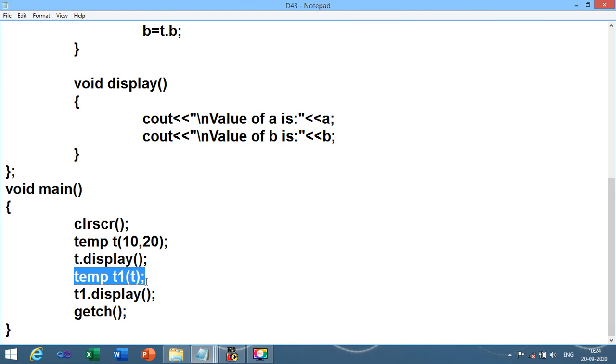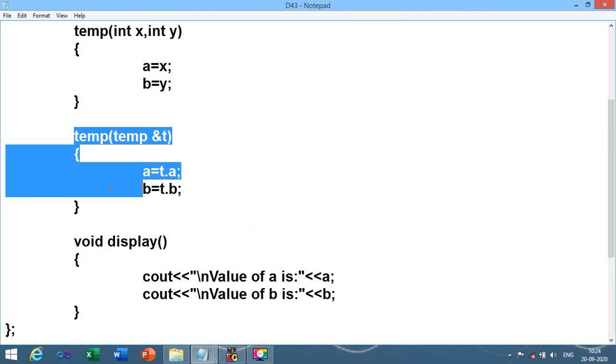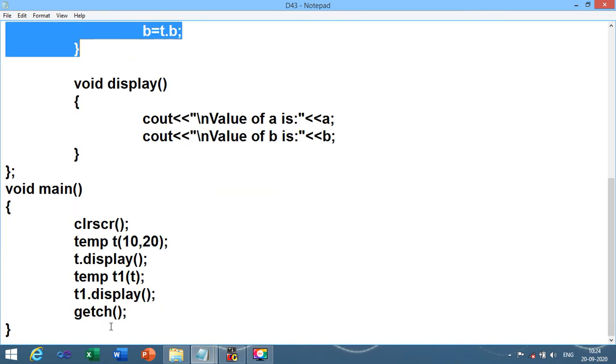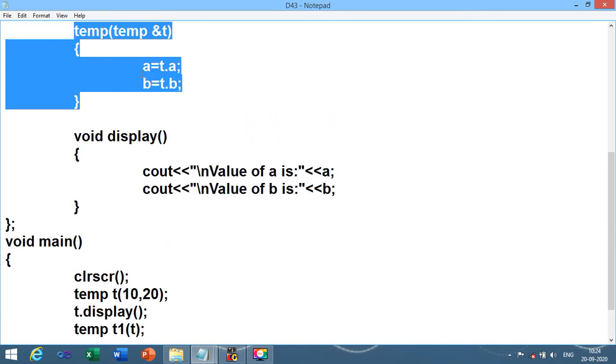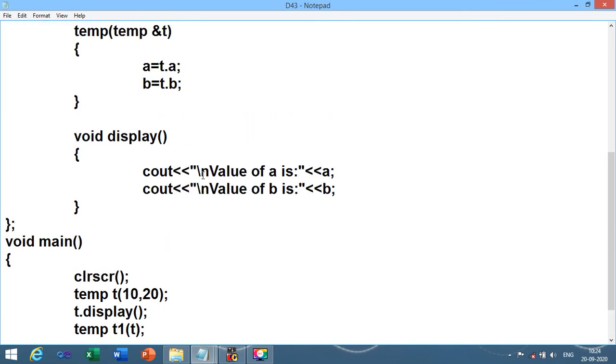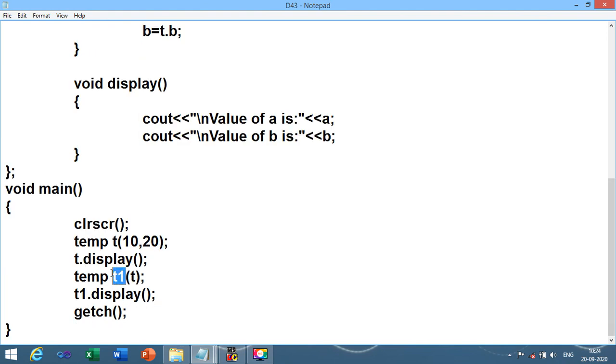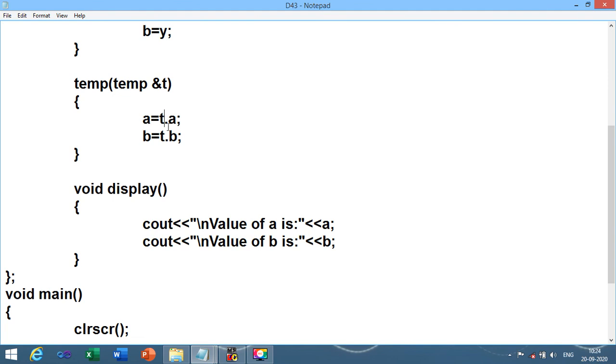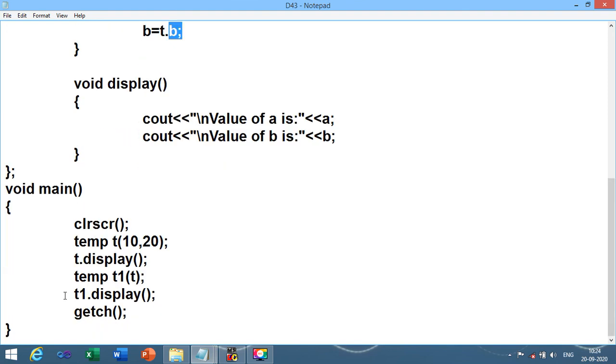Temp t1, inside temp t1 we have passed the object of the same class. So over here it will copy the value of a and b. This a and b is related with the t1 object, and t.a and t.b are the variables through which we are going to copy, and t1.display.